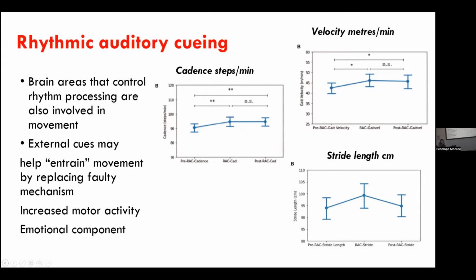So basically, this was a group of patients with PSP and CBS, and they found that using these auditory cues improved not only the cadence, that is steps per minute, but also velocity and stride length. And with some of these, it was actually persistent even after the cueing was taken. So basically, you get the patients to walk to a beat, and the beat can be anything. It can be a march beat, it can be someone shouting left, right, or 1, 2, 3, or your favorite song. And the way it works is it's supposed to entrain the movement disorder pathways by replacing the mechanism that's not working. And also there must be an emotional component. I'm sure I'd walk better listening to my favorite song.